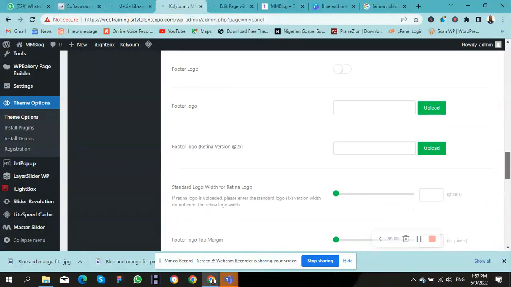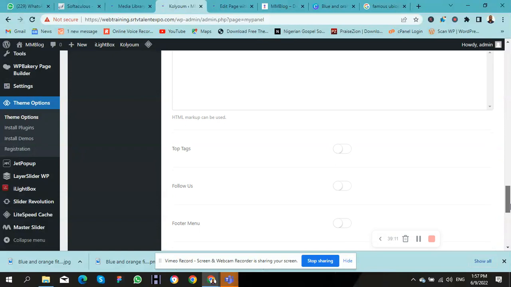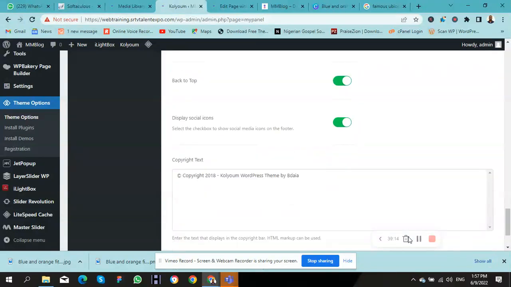Footer area. Is there any footer text you want to add, a logo? Is there any text that you want to add? So are you seeing the text now? 2018. Let's put it 2022. MM blog